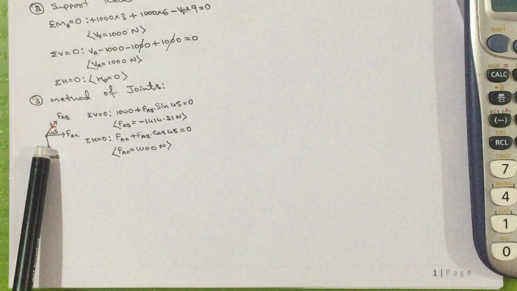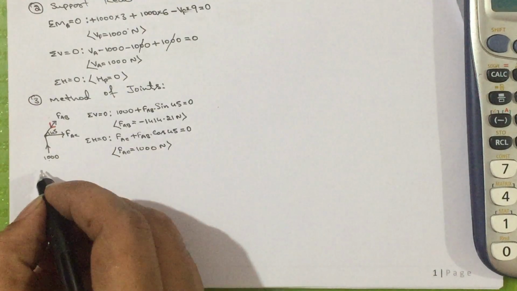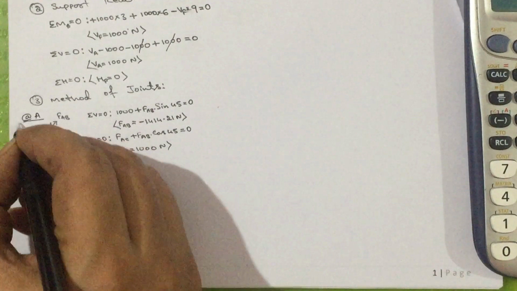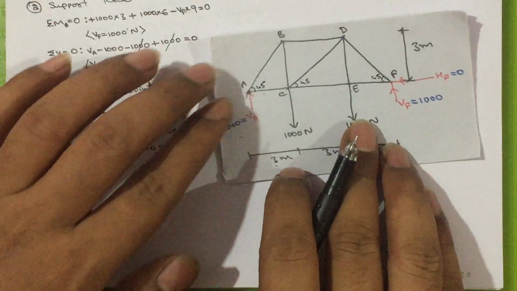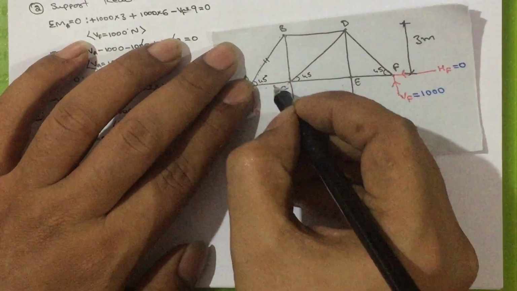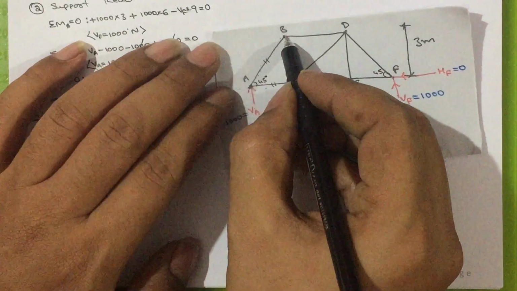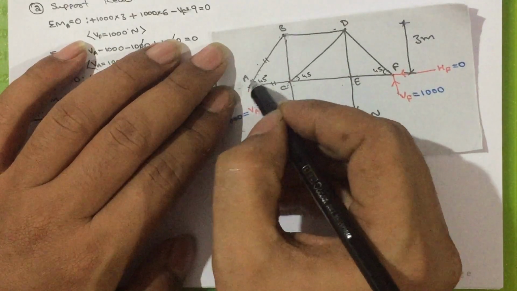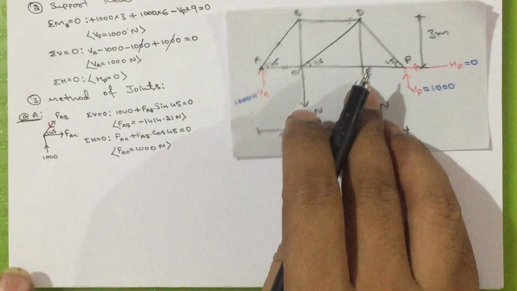We need to choose the joint, draw the free-body diagram and solve it by using the equilibrium condition. One joint is over. You can write it as at A. Once A is calculated, these two members are known, and we will go to the B point. If you go to the B point, here the unknowns are BD and BC. BA is already known, AB is equal to BA. BA is known, only BC and BD are two unknowns. So, we can solve the problem.